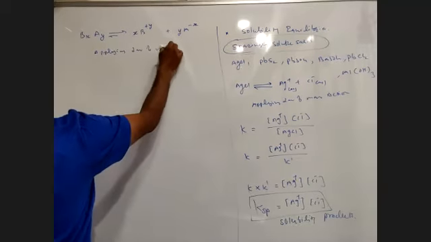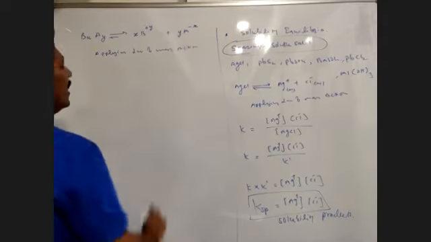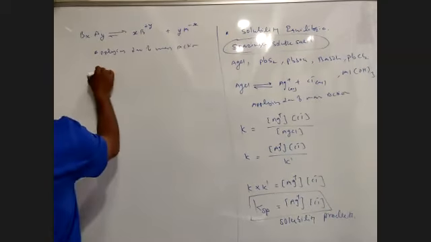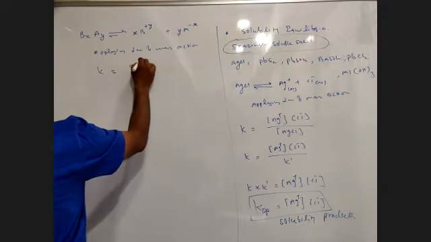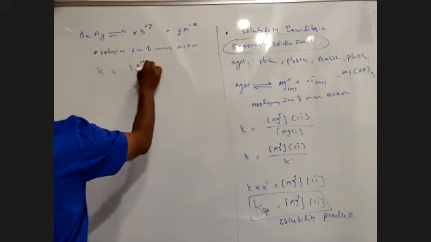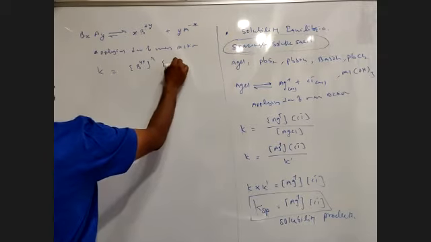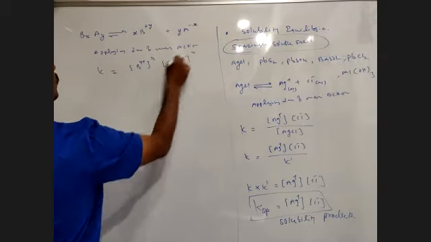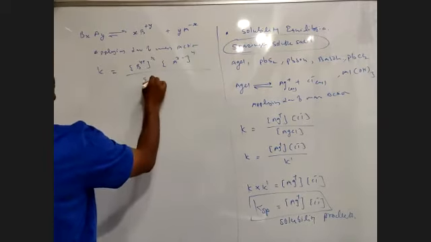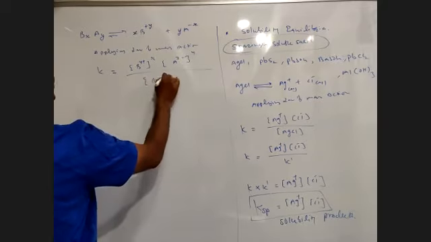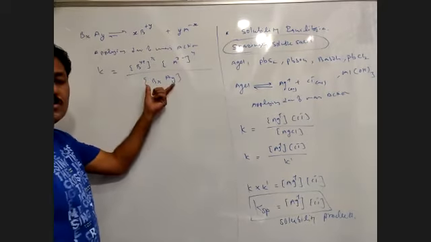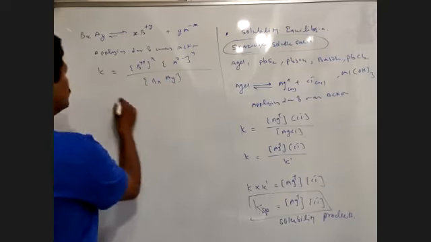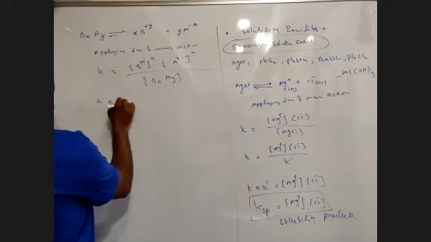लॉ ऑफ मास एक्शन, applying law of mass action, what we get here, K is equal to concentration of By+ raised to X, and here Ax- raised to Y upon concentration of BxAy. ये हम लोग मिल जाता है. This concentration is almost constant, like K dash. So we can say K into K dash is equal to